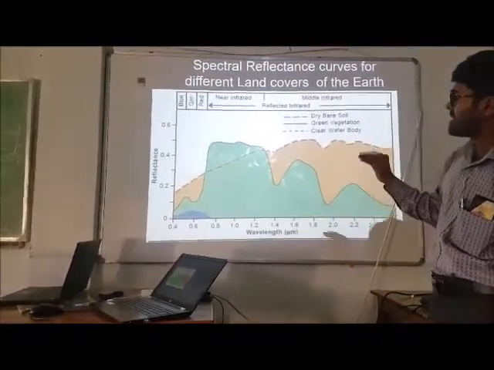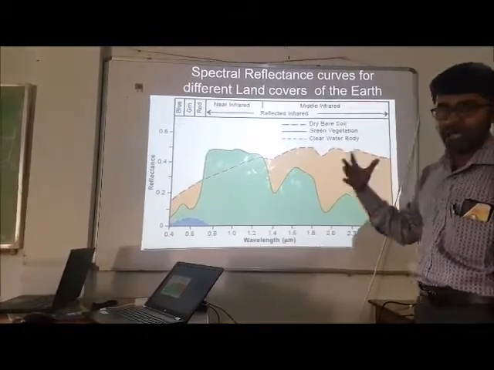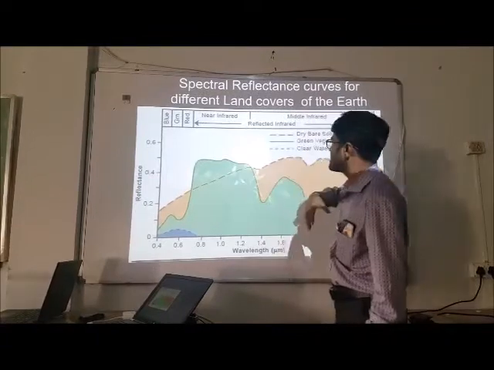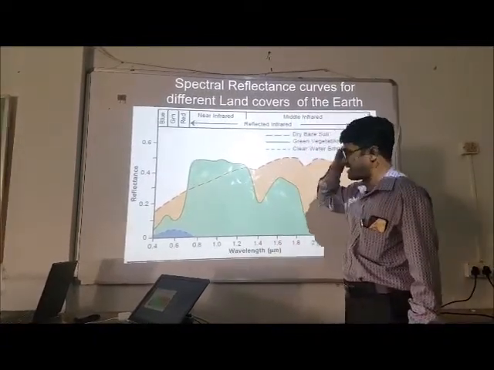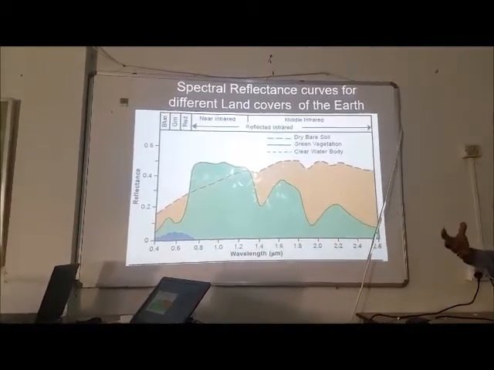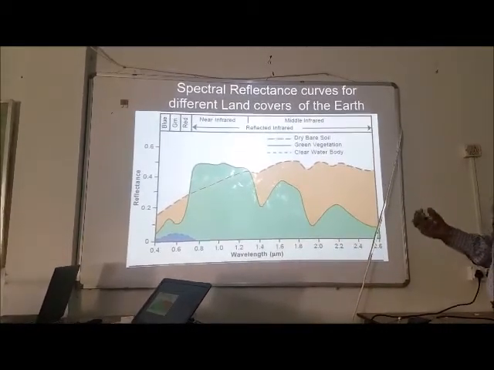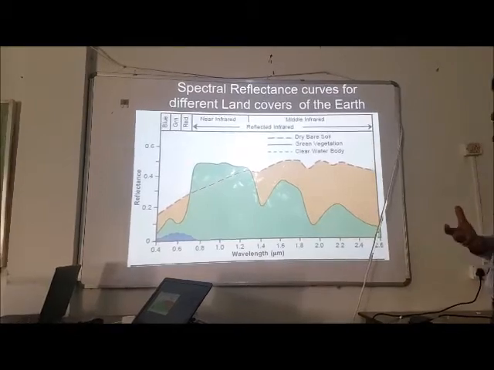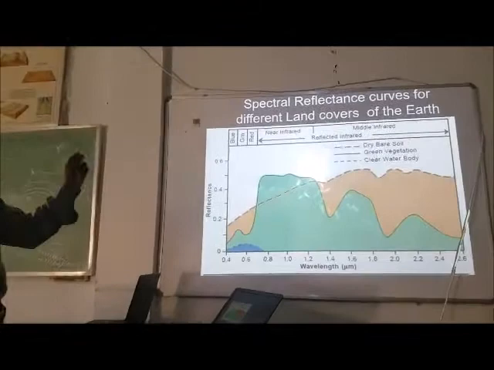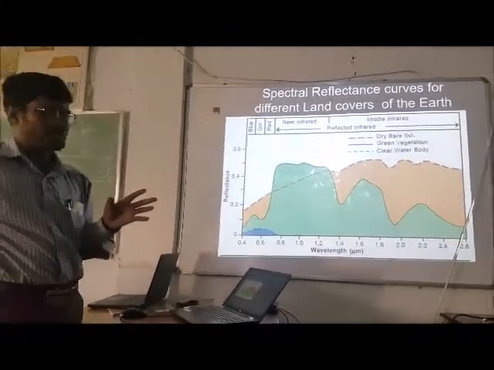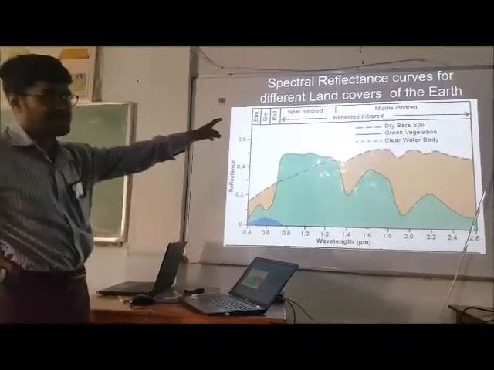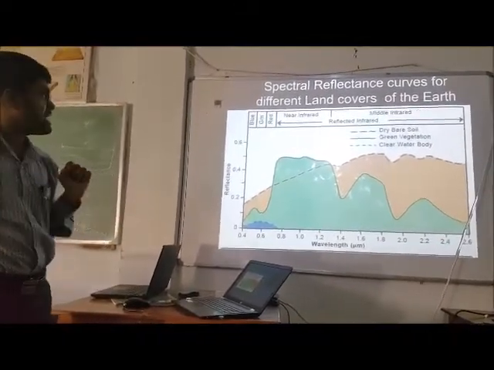But if we use more bands like near infrared or middle infrared, the information from the image will be better. In most satellites, blue, green, red and near infrared bands are used.